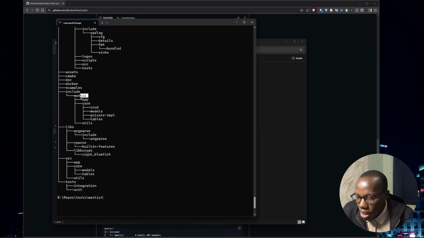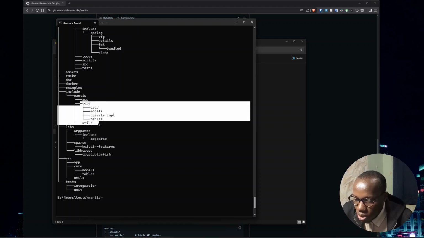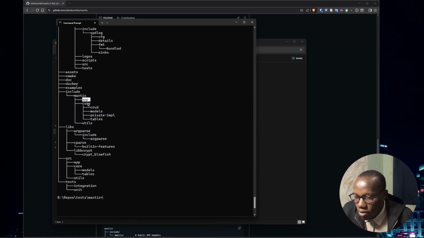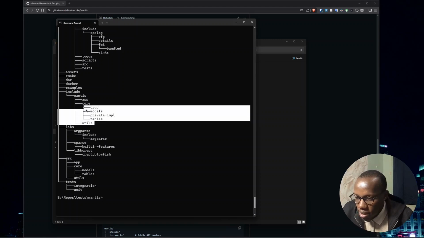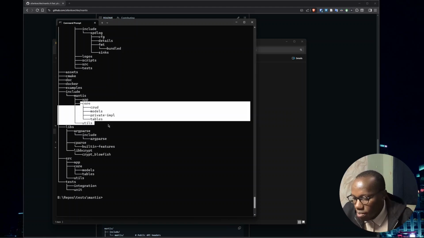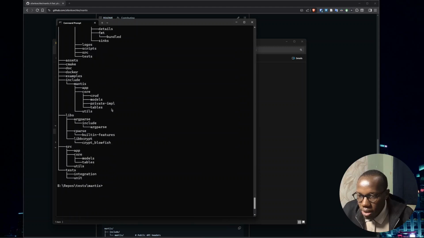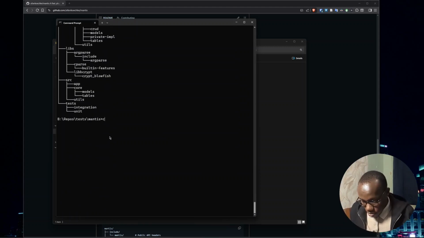in the include directory, we're including Mantis, and under it you have an app. App will have the main application, and then under it the core. The core and the utils will all be built into a single library. Then the app itself will be linked to it and built into the Mantis app. So the Mantis app comes from this first part, and the library itself is from all these other parts. So let's open this in Visual Studio Code